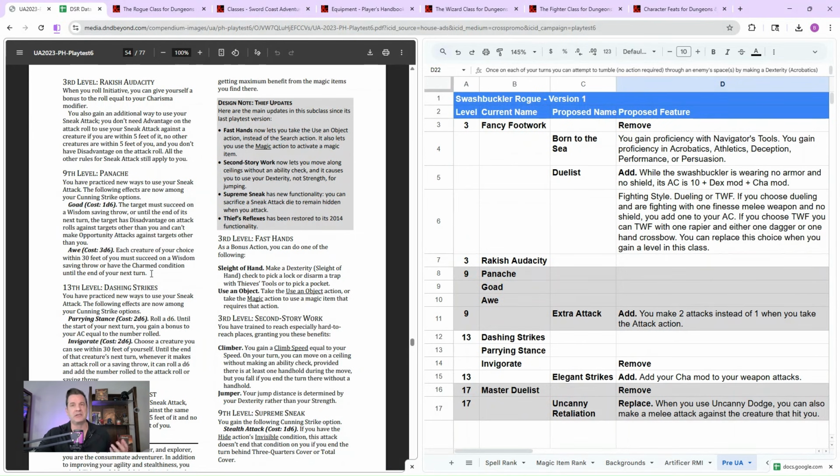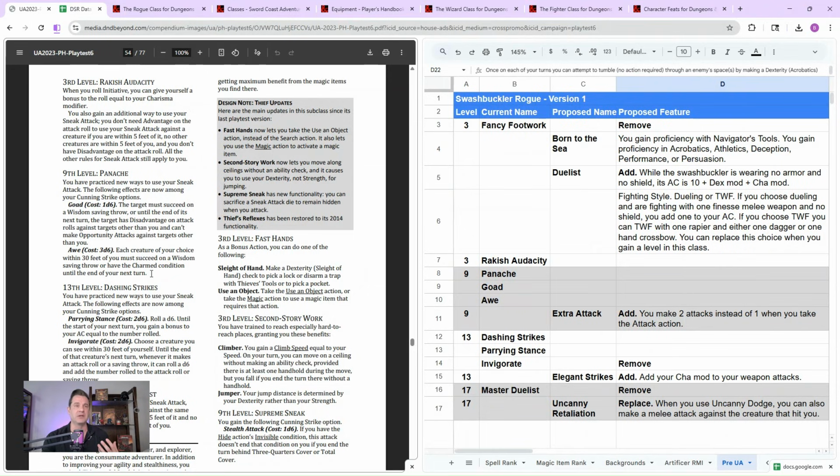So this is interesting. It's expensive. If there's only the one target, I would always use withdraw instead of this. But if there's a room full of creatures, or you've run into melee and there's like 5 or 6 creatures that might opportunity attack you, you use this, and then you can just walk away from all of them. So it's better than withdraw in that sense, because withdraw only works on the one you hit with the sneak attack. So I like that, but I don't think these are very powerful.